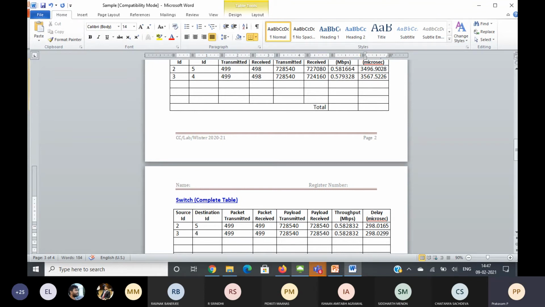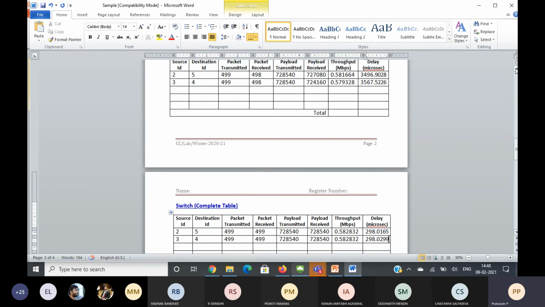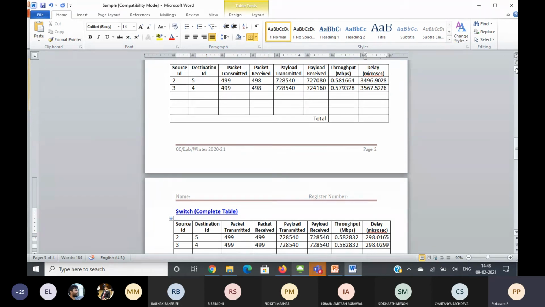Now for the same environment, for the same applications, I have created the LAN using the hub and using the switch. If you compare these two, the first one is the hub. For the same number of nodes, comparing to the hub, the switch achieves higher throughput with less delay.